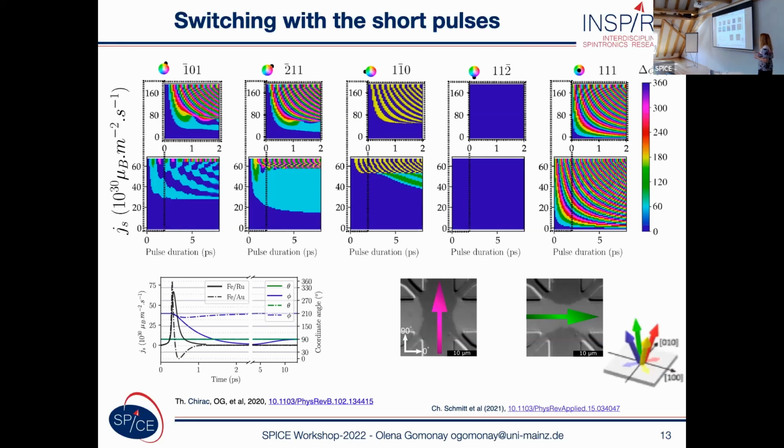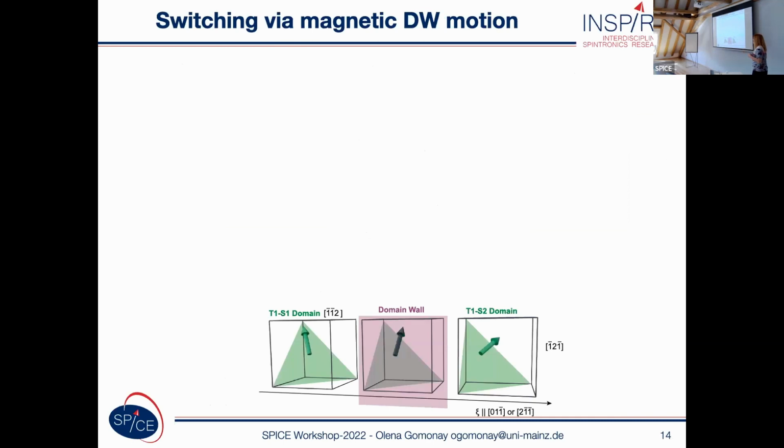So now I come to the third part of my talk, which will be more widely discussed by David Bossini from the experimental side. He will present tomorrow at 10:40 the results of the magnetic dynamics in nickel oxide with account of magnetoelasticity, but I will give a short overview of the theory. So nickel oxide has different types of T domains, and these T domains differ in orientation of easy planes. So they are twin domains.